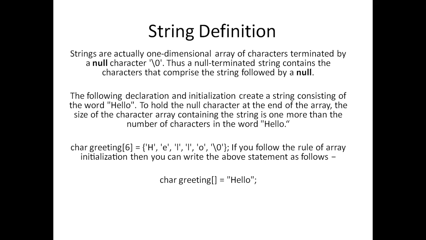one-dimensional arrays of characters terminated by a null character, \0. Thus, a null-terminated string contains the characters that comprise the string followed by a null. If I declare a variable for a character, that is char x, then in x I can store only one alphabet. Whereas in an array of characters, you can see here at the mouse which I am showing,